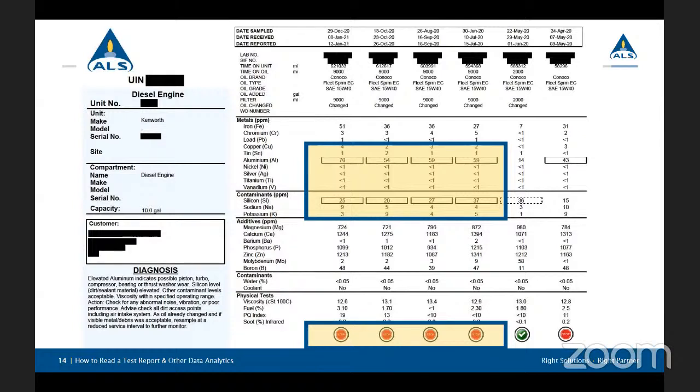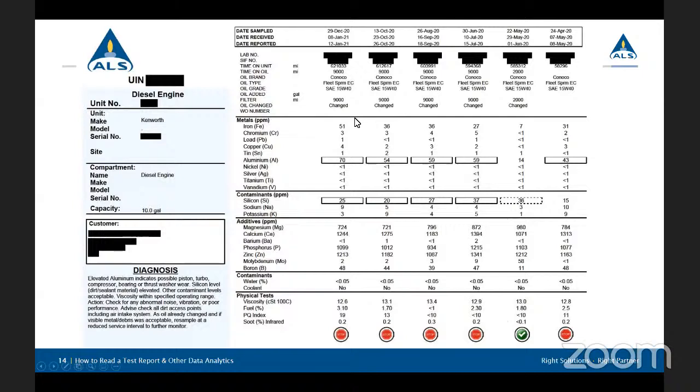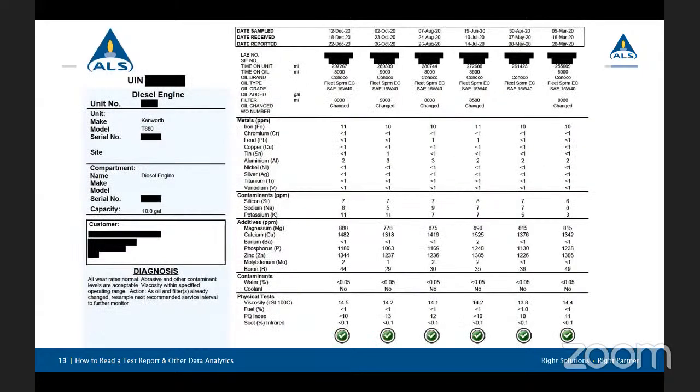Now, I'm going to remove these boxes. What you can see here is this iron level is still considered normal for a diesel engine. It wouldn't be what we would consider alarming. But what's really interesting is we know this is the same customer, and we know this is a Kenworth. So there's a slight chance that it could have a very similar engine to the sample report that we were looking at before. When we go back and look at that one, we can see the iron level is fairly low. It's around 10 to 11 per sample,